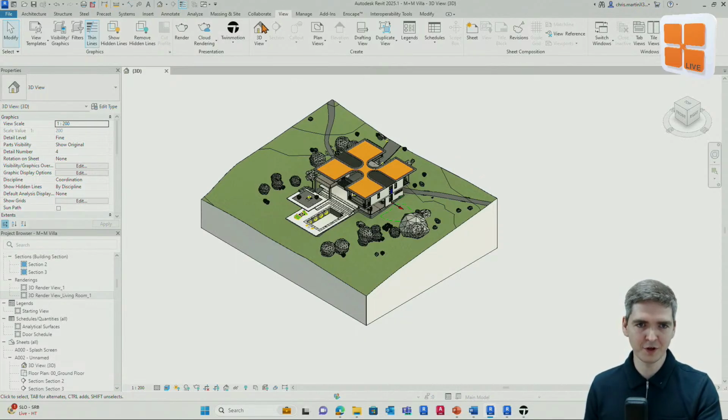On the View tab, we've got a few different options for our render. We've got render, cloud rendering, and Twinmotion. I'll go through those different options. So a render is